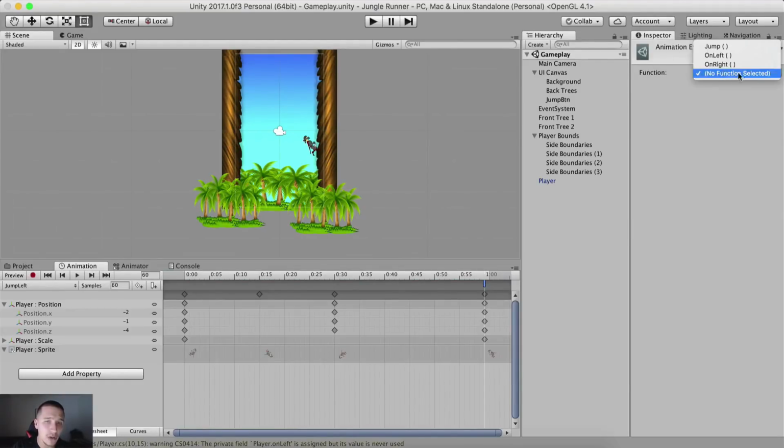So now you have a function to select. I'm going to select here. This is the jump left animation, so we have the jump left. Here we are going to call on left. As you can see here, we need to call on left. And for the right animation, we need to call on right. So if I go here, we have